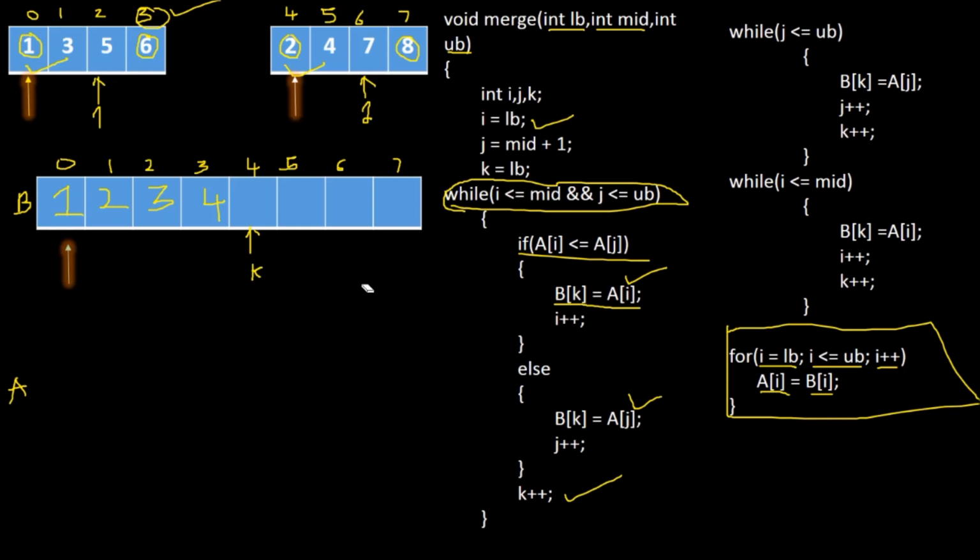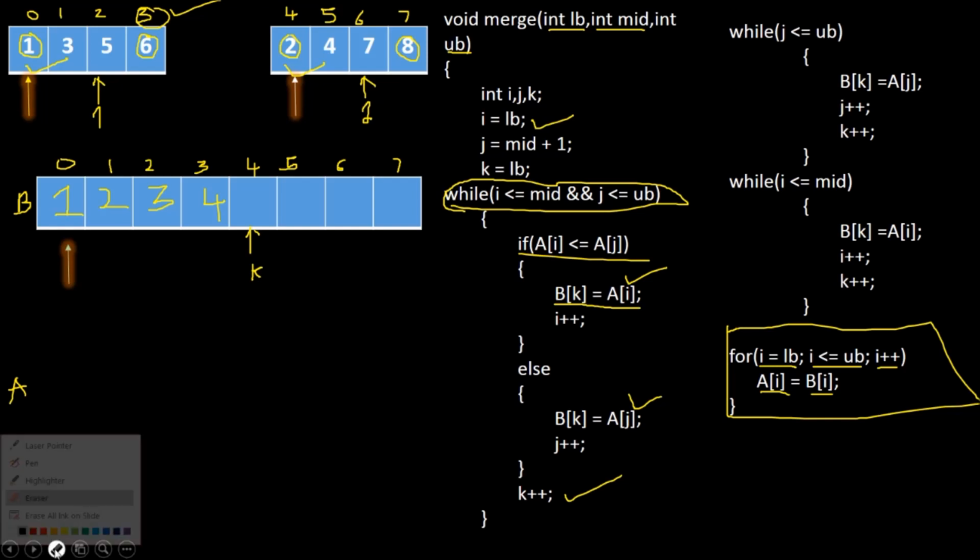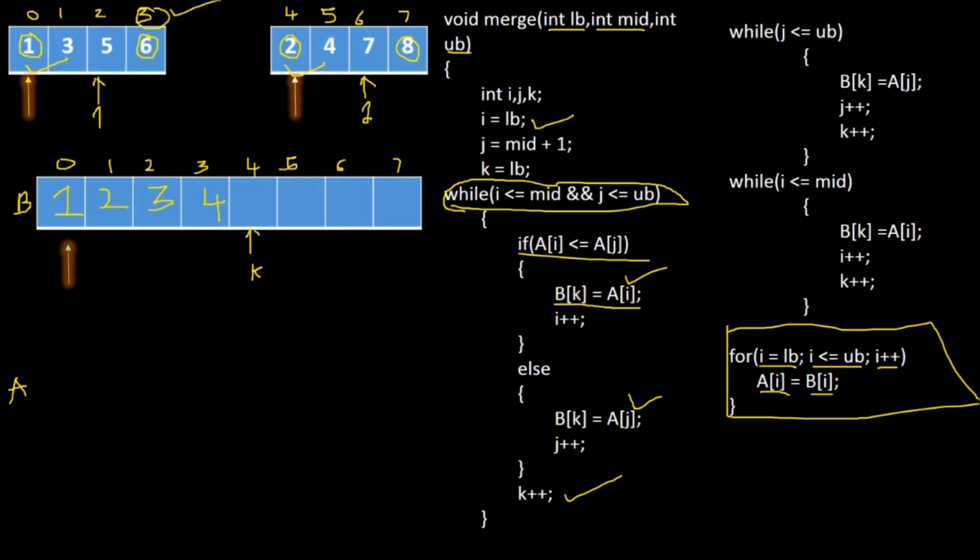Now what should happen? Now 5 is compared with 7. Which element should I copy? I should copy element 5 here. Now this 5 belongs to which variable? The i variable, so I should increment this i variable, and I will also increment the k variable. Where have you written the code? Sir, I have written the code here, i plus plus, and here I have written k plus plus.